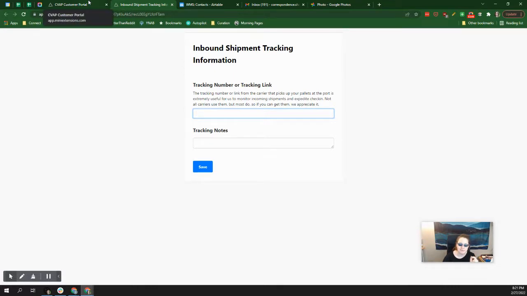So anyways, your freight forwarder may or may not share with you tracking information about your shipment from the docks. And this is usually for LTL freight. I tend to get direct phone calls if you've got a full shipping container coming, but if your stuff came over as part of a shared shipping container and it got unloaded at the docks and loaded onto pallets, then at that point it gets handed off to a LTL freight company, and at that point it should pick up a tracking number or a tracking link. So this is helpful for us because